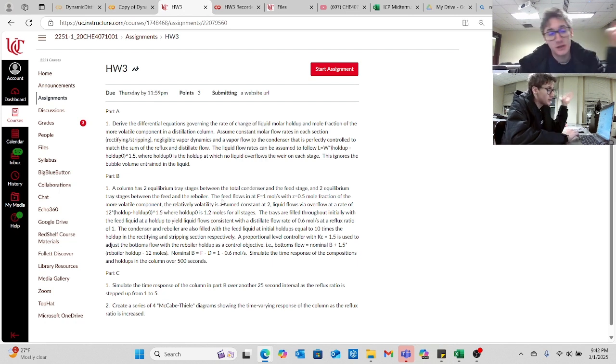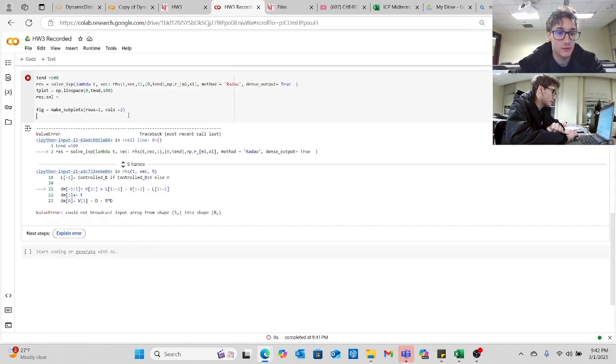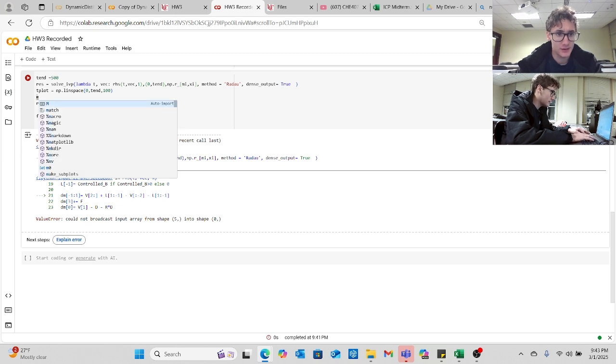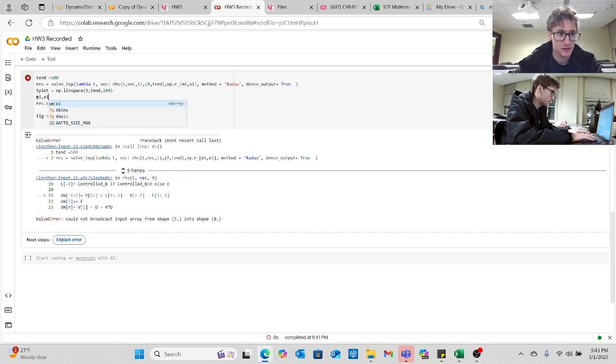we need to track our x values and our y values, which means we're going to track our moles and our concentration, which means we're also going to have to unpack it. So we're going to do like x mi comma xi equals np dot split